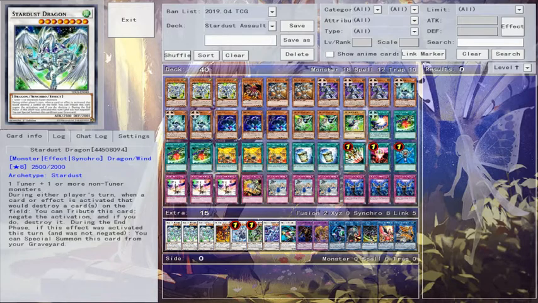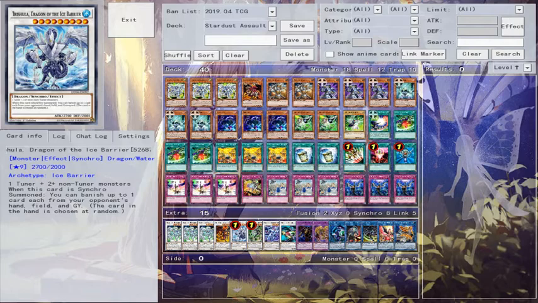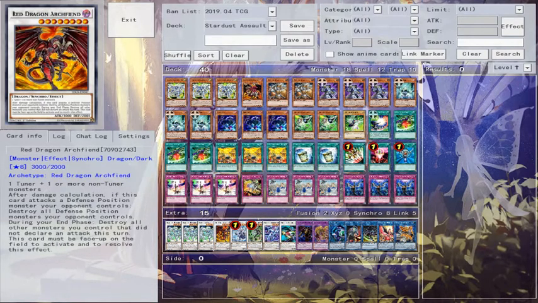Although I do have to say, Trishula is kind of worming his way into the next spot, just because Trishula does have a very good effect, and it is very useful in most decks. And then we're also running, of course, the 1 Red Dragon Archfiend for bringing out Red Dragon Archfiend Assault Mode, and kind of just as a defense deck toppler, that if we run up against something like Subterror, then Red